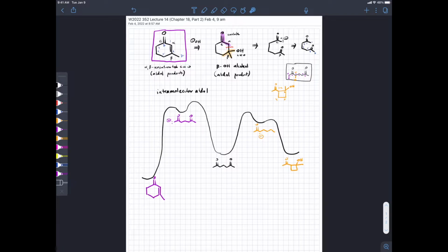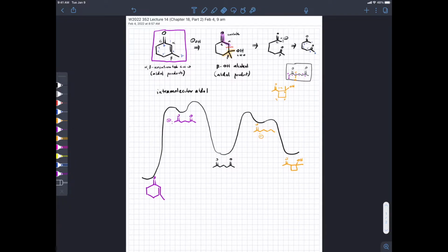Yes? So we do get a very small proportion of the 4-membered ring. Would we get any of this? Well, that would depend on how much of it we would get. That would depend on the relative stability of these two. Organic chemists have actually measured ring strain, and they can tell you how much less stable a 4-membered ring is than a